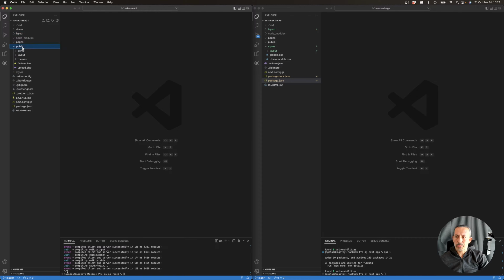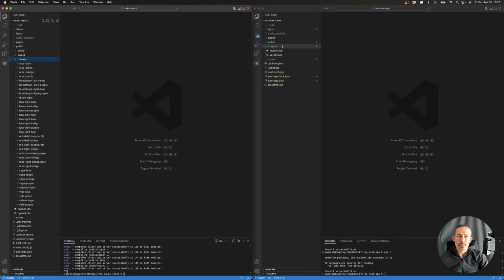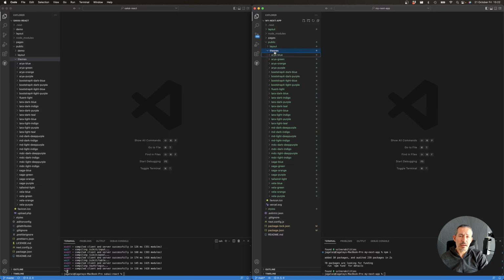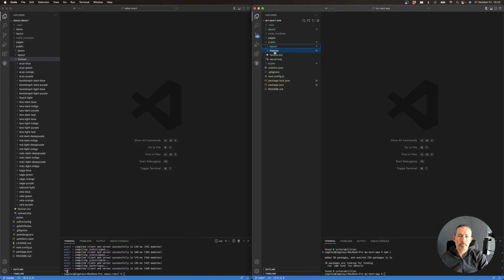Let's go to the public folder and see if there's something here. It's mostly resources like the logo, which you will likely replace, and theme images as well. These are required if you'd like to dynamically switch the theme. If you don't, you don't need them. For example, these are used in demos. If you're just going to stick to one theme, you can just use an import statement